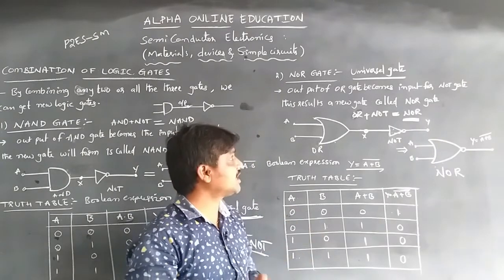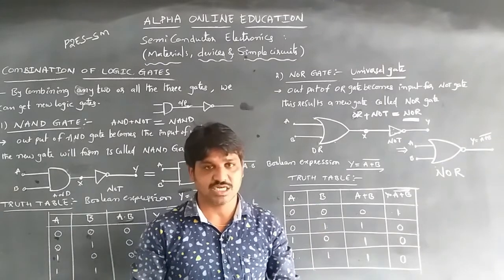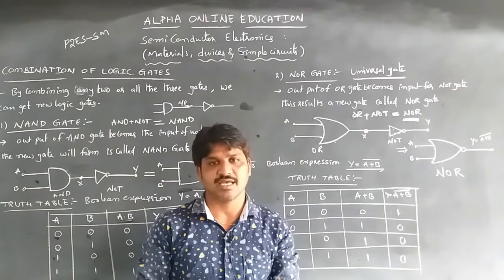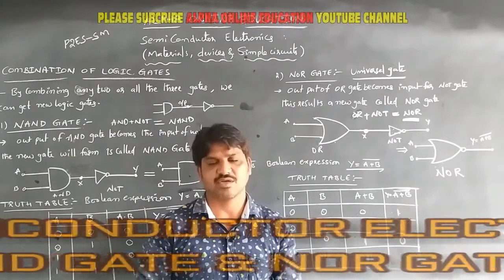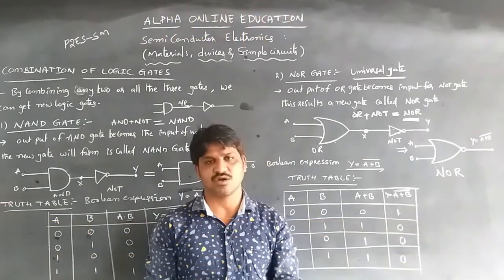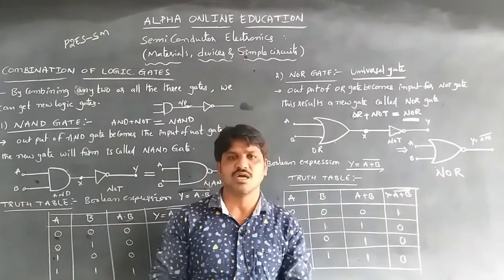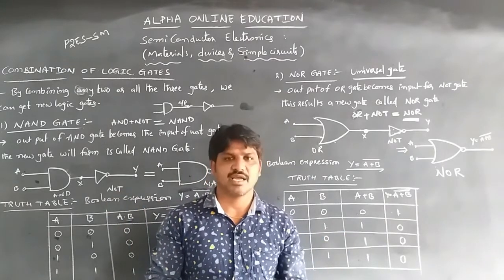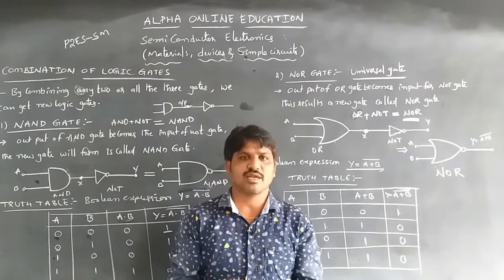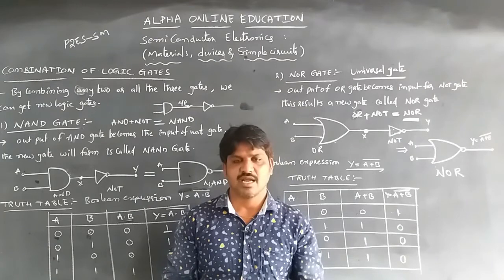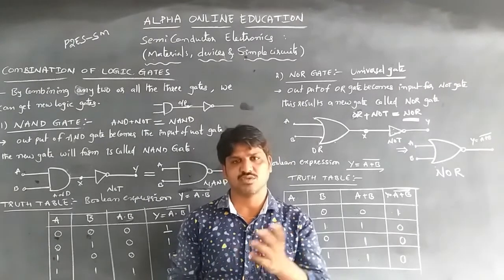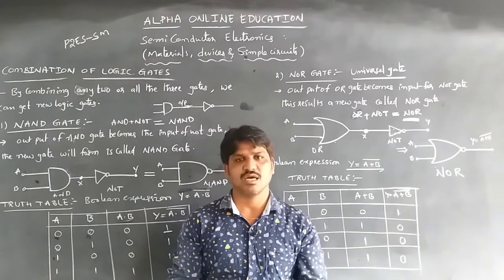And by using this NOR gate also we can construct the OR and NOT gates. So we can say that the NAND and NOR gates are called universal gates, because by using these two gates we can construct the other gates. This is the brief information about the gates. If we want to discuss more gates, there are XOR gates, XNOR gates, and more types of gates. By using these gates also we can construct those gates. So this is about logic gates.